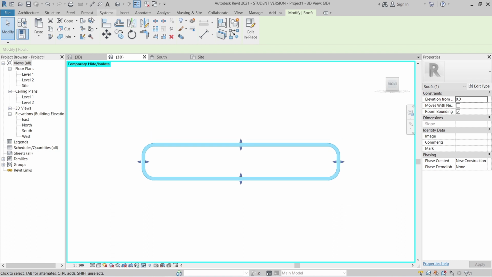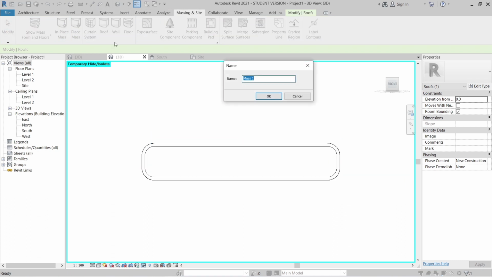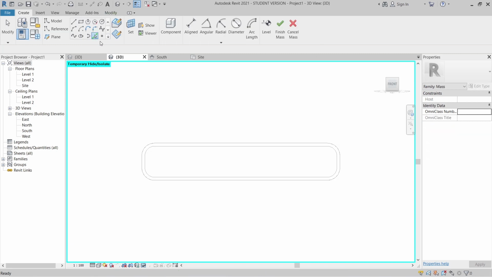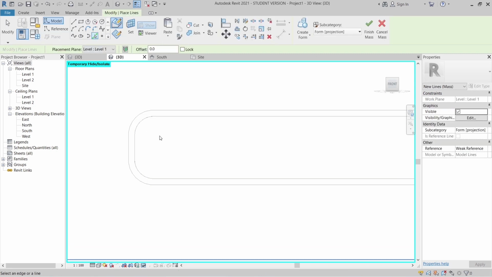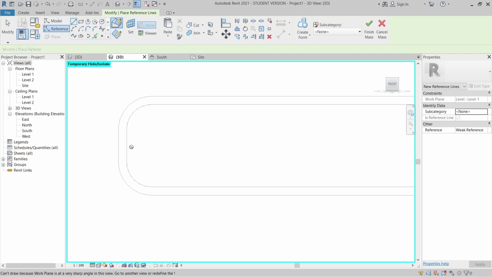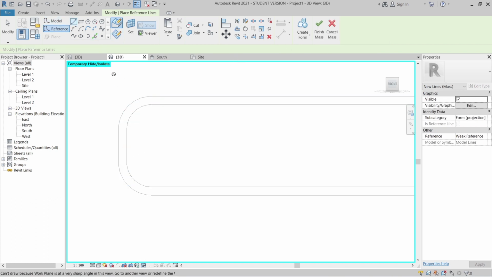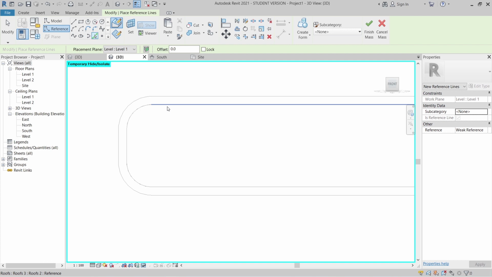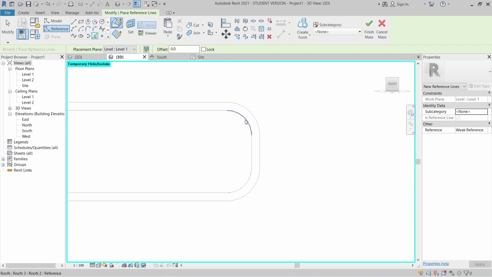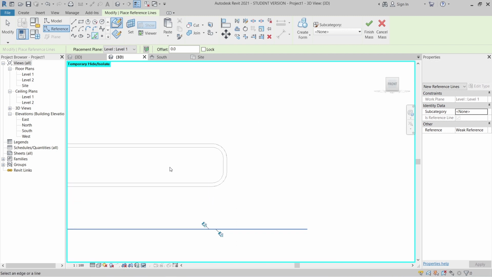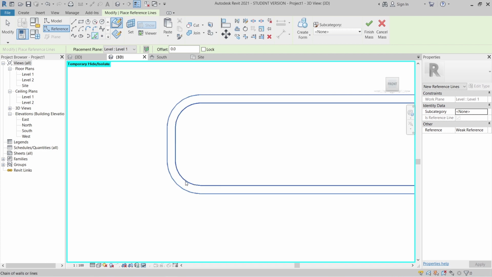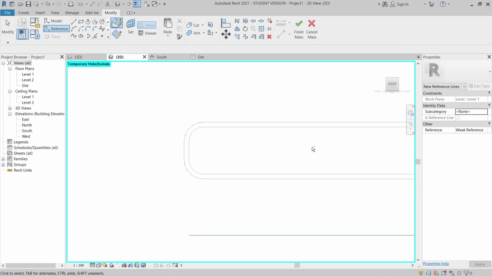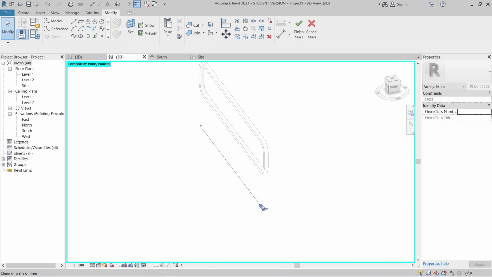Okay, so now we go to massing again, pick line again, then we can pick already, as you can see, use for reference, snapping 3D, pick line, 1 2 3 4 5 6 7 8. Hit escape a couple of times. Okay, because we turned on 3D snapping, it's wrong again.